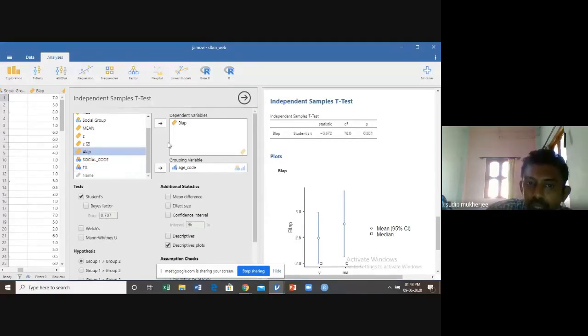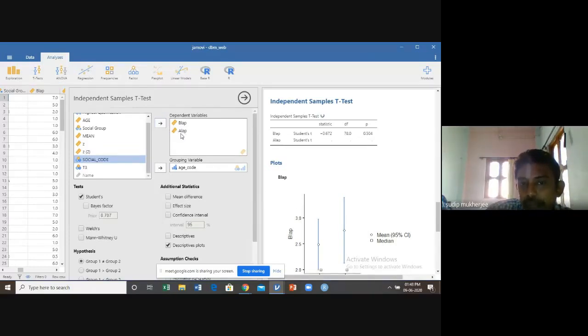Now we also try to find out, after lockdown, is there any significant difference? We just put the after-lockdown variable in the dependent variable box and see once again the p-value is more than 0.05. So irrespective of the lockdown, before and after, there is no difference in computer users in terms of age group. Young people and middle-aged people are both using computers for more or less the same duration. So the duration of computer use does not depend on the age code or the age grouping.